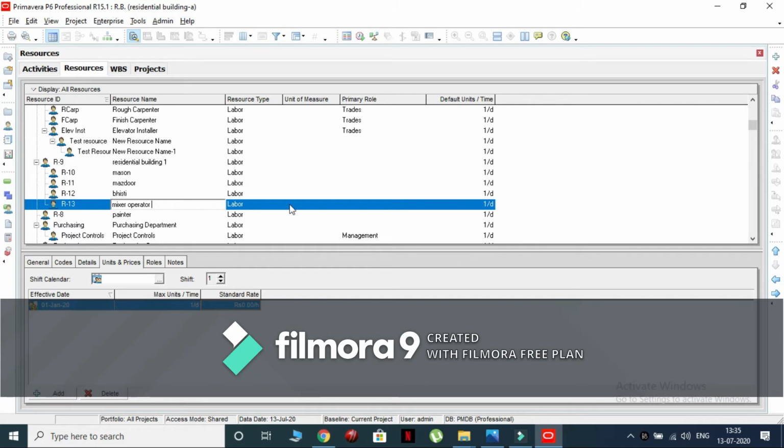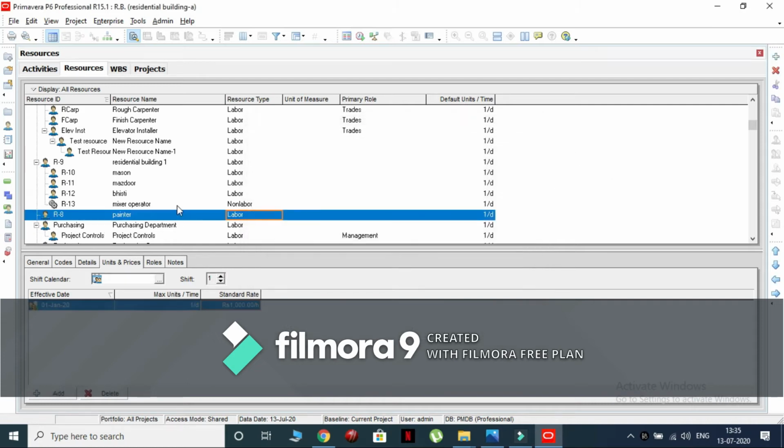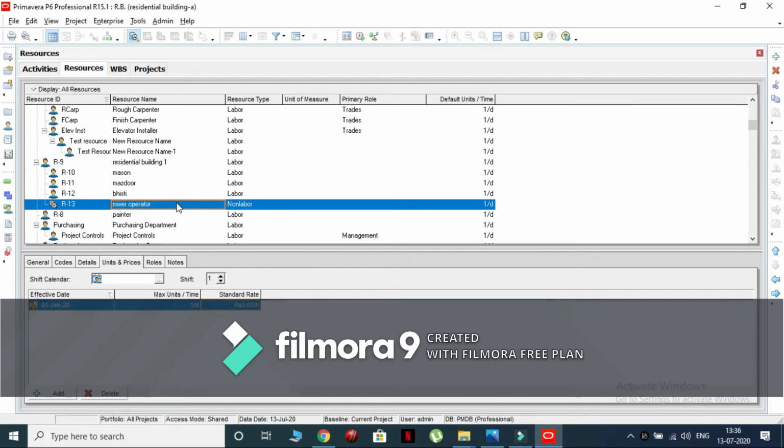Select the resource type of mixer operator as non-labor. Select the resource type of mixer operator, labor.